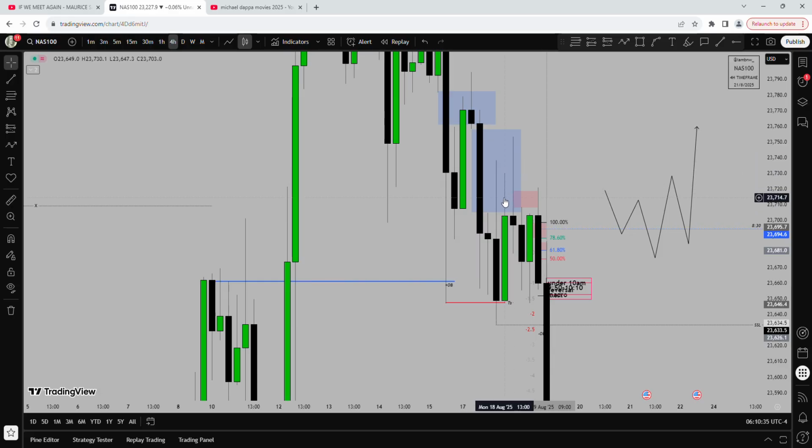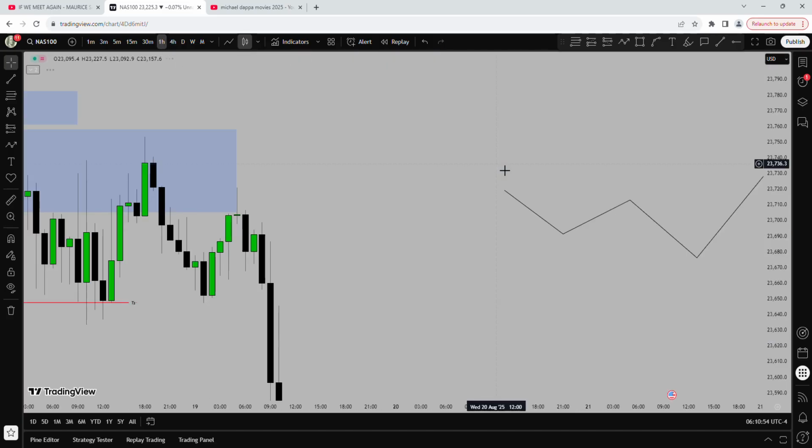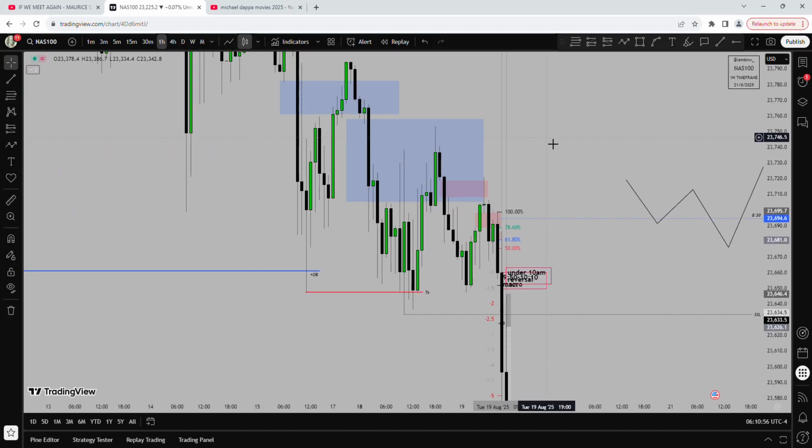But then the continuous rejection, you can see the first rejection, the second rejection, the third rejection, the fourth rejection, and even the fifth rejection. You can see how price just kept rejecting off this 4-hour FVG, and on the 1-hour time frame there was no sufficient data for me to begin to buy with. There was no displacement. You can see all these choppy candles. Price just kept chopping around, and